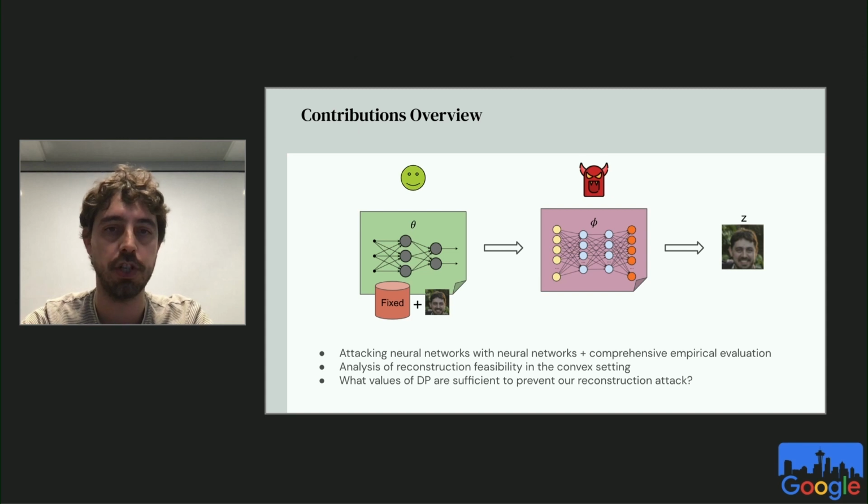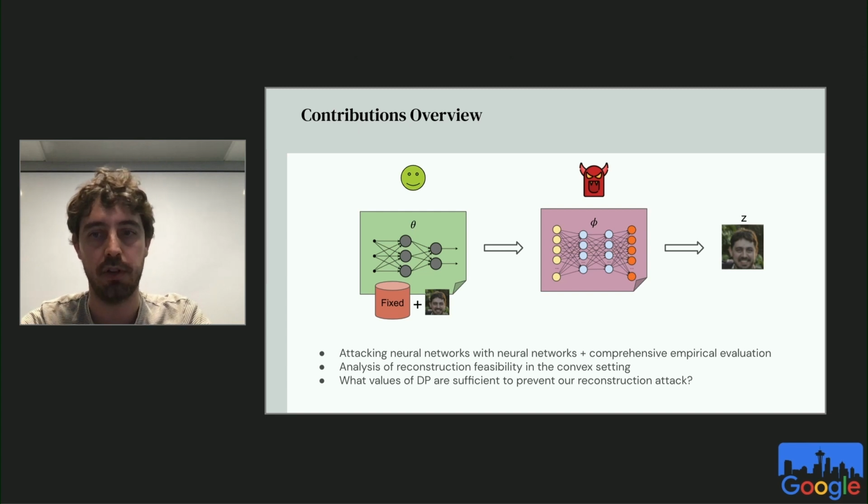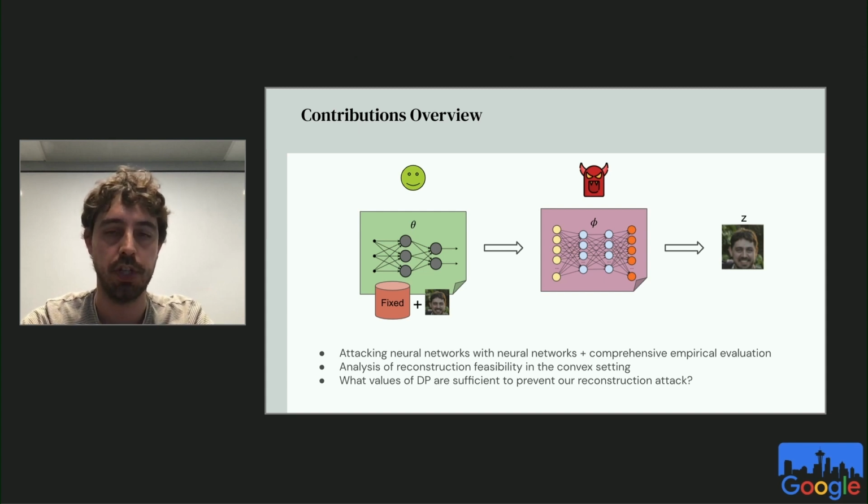Other things that we did in this project is a comprehensive evaluation of these kinds of reconstructions, when they are possible and when not. If you're interested in this, we can talk more tomorrow at the poster. We do experiments with MNIST and CIFAR-10. We look at how much information the attacker needs to collect and process to be able to generate a good reconstructor network. We investigate what hyperparameters in the machine learning pipeline affect or don't affect the success of reconstruction, things like the randomness in SGD,